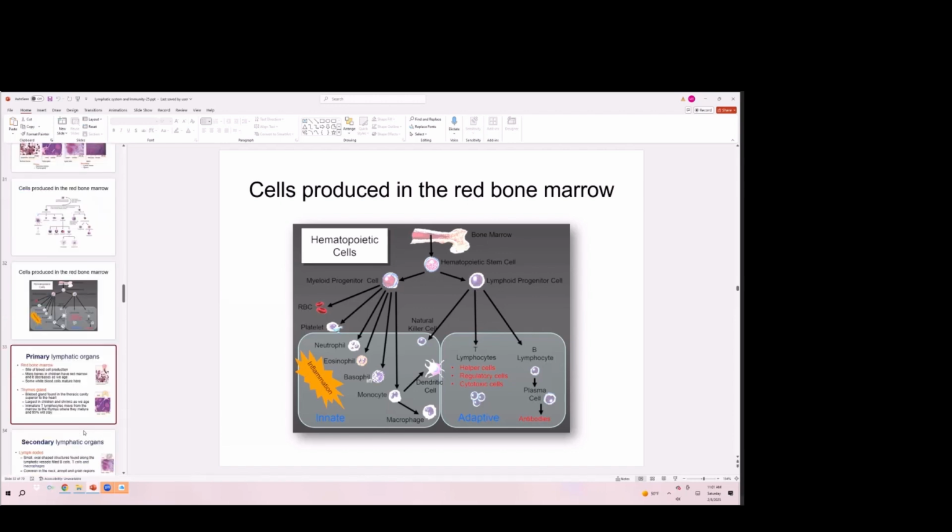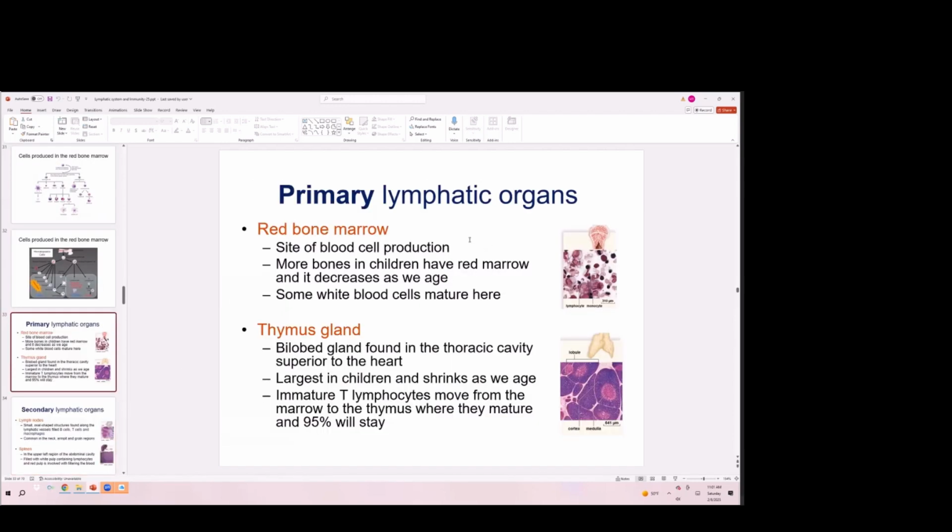And then in the next slide, I put the notes, summarizing again some of these various organs, like the red bone marrow, which I said is the site for blood cell production. The other thing to note about the red bone marrow is that more bones in children have red bone marrow because, again, they need to grow, they need to develop, and they need to develop more of these cells for the